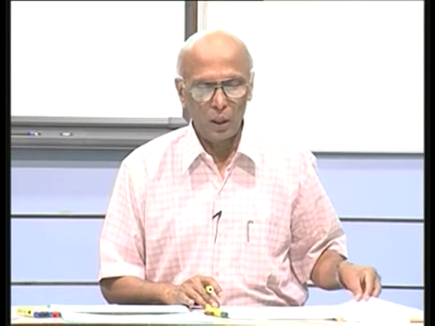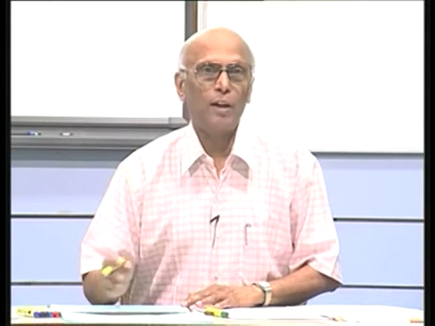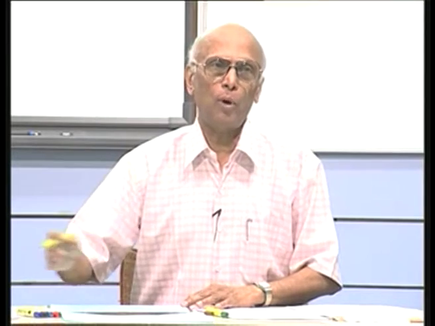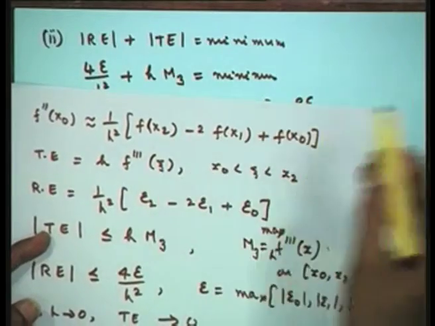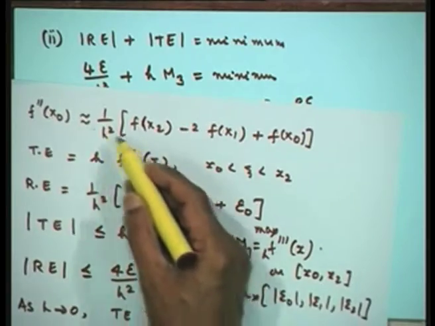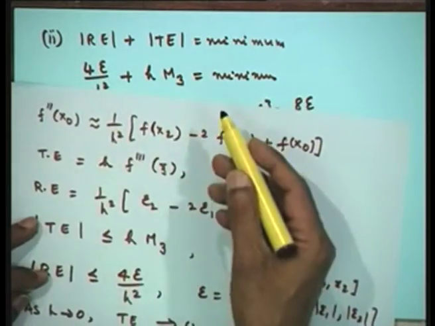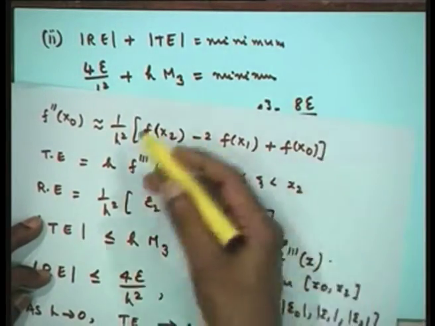Now, if this is the difficulty in numerical differentiation, what should be the alternative to get better results? If I can take a higher order formula by including more points, that means instead of f naught, f1, f2, I can include a few more points f3, f4, f5, so that I can have the formula for the first derivative or second derivative which will be of higher order than this.